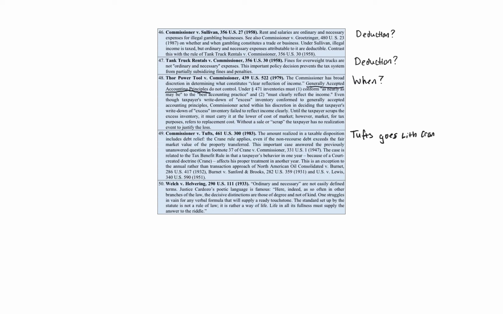So if you go back to Crane, remember the issue in Crane. You have a property that has a liability on it, and the taxpayer takes over the property subject to the liability, and virtually the taxpayer got no other compensation for the property, because maybe the property has gone underwater. So there was a famous footnote in Crane that said, what happens if the liability was recourse? Would that create a different story? And remember what we found out in Crane is that you have to include an amount in your amount realized related to the transaction. So the question is, what happens if it's non-recourse? So Tufts answered that question.